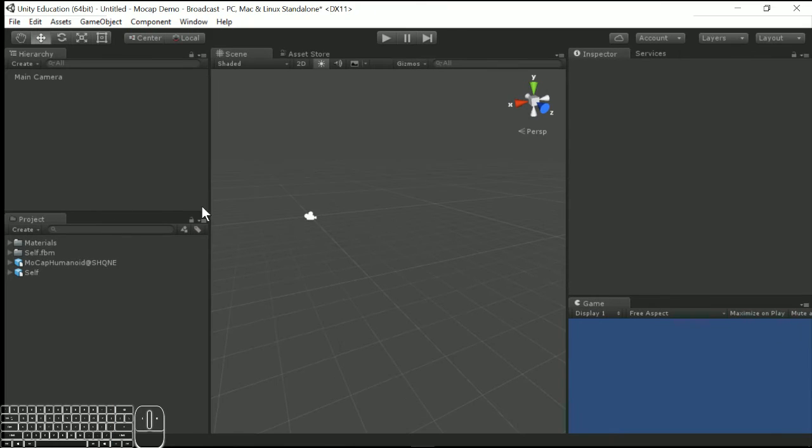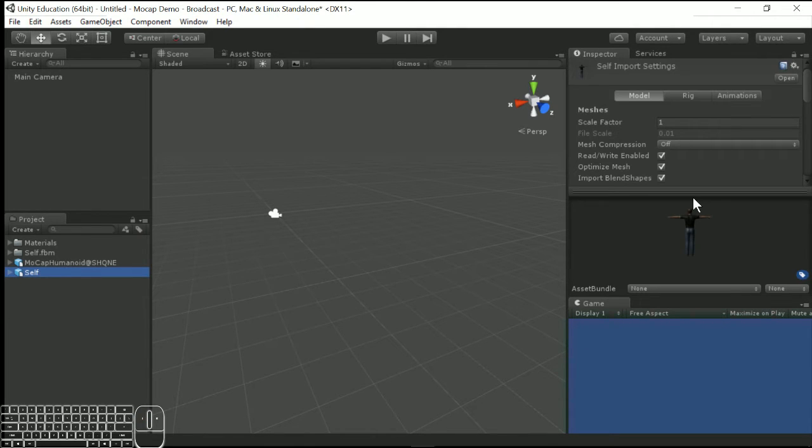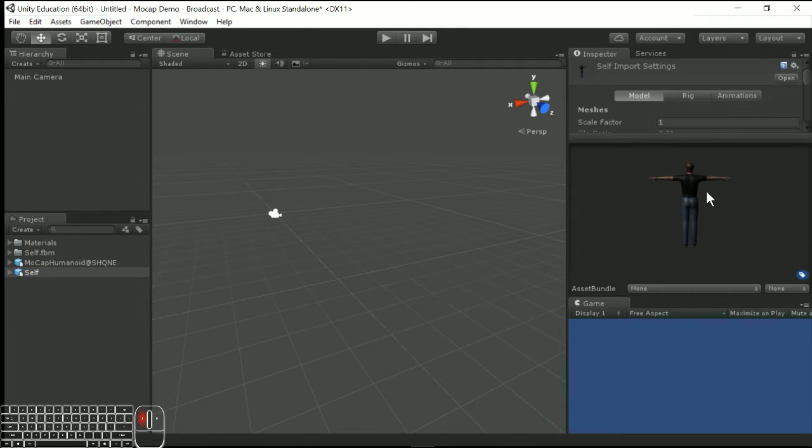Okay. So here we are. We've got our two files, the self, which is the character that Shane made in the Autodesk character generator. And then we have the motion capture file that we recorded on the motion capture station. So let's start off by just making a little bit of the scene. And we're going to keep this super basic just for time purposes. I'll want you to make your scene a little more detailed for your project, but let's go to Game Object